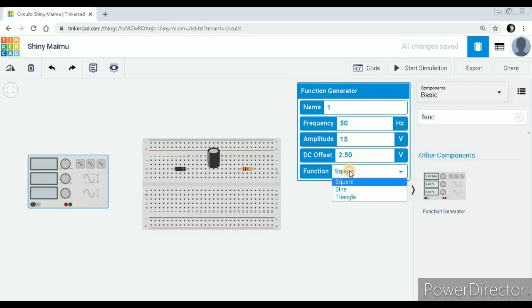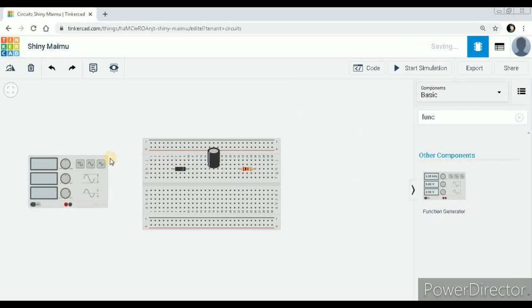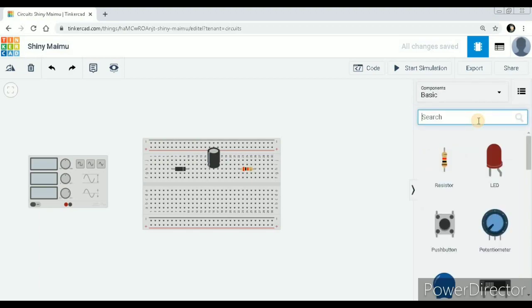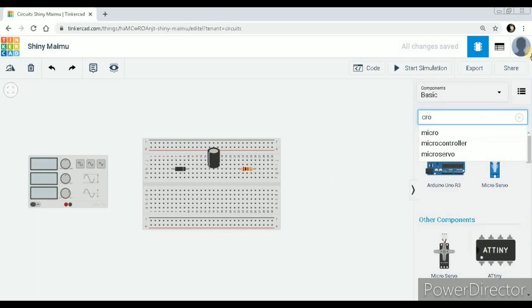Then next step, this is your input device, this is our circuit, and then you need the output device. The output device is obviously a CRO or oscilloscope. If you type CRO in the search box, it won't show any CRO here. Instead of CRO you must search for oscilloscope, OSCL.